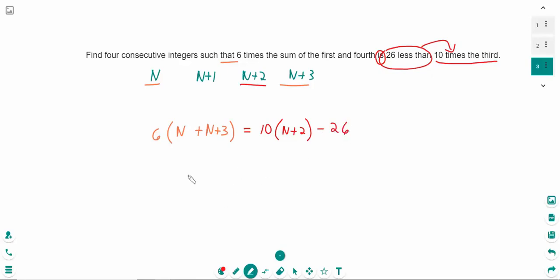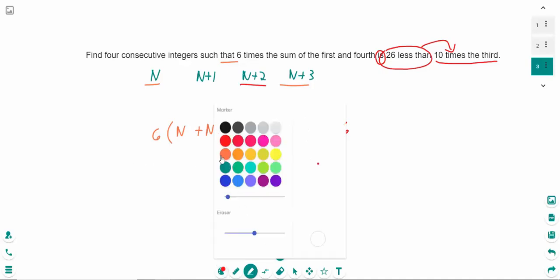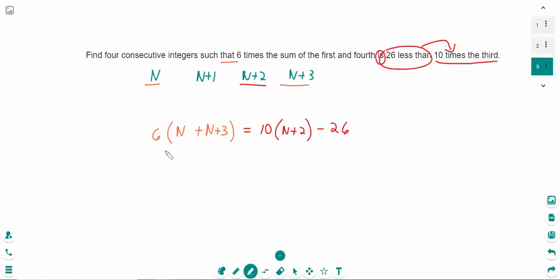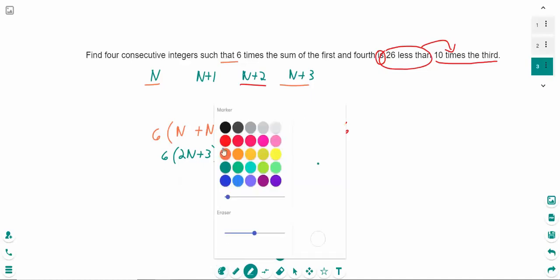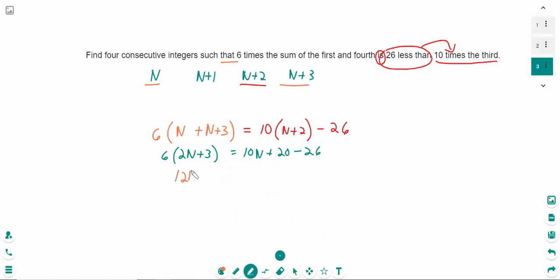Okay? All right, then we can go ahead and just solve the equation. Do what you know how to do here. So we'll do it right now. Looking at our parentheses, we can combine and get 2n plus 3. Over here, we can't combine. We're going to distribute through and get 10n plus 20 minus 26. Now we'll distribute through on this set, and we'll end up with 12n plus